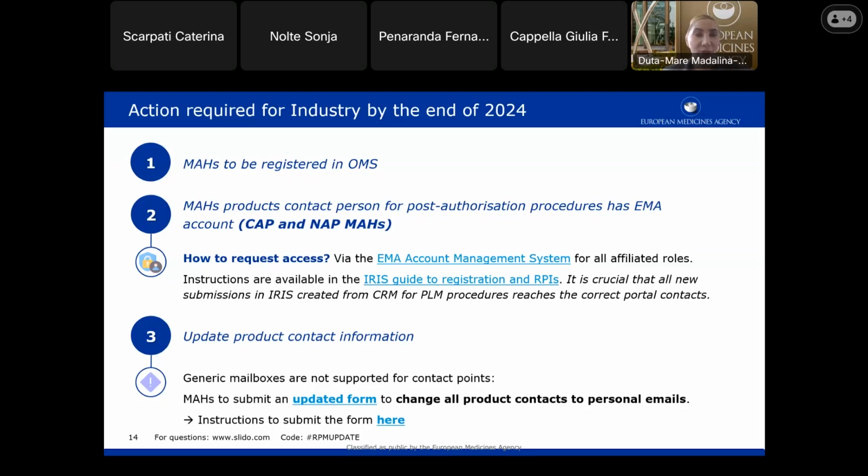These are not a secure way to communicate. If a delegated contact is appointed, they need to have their role with their personal email address. And let's say they are out of office, or there is a need to share this information with other